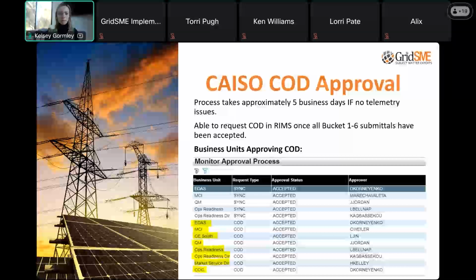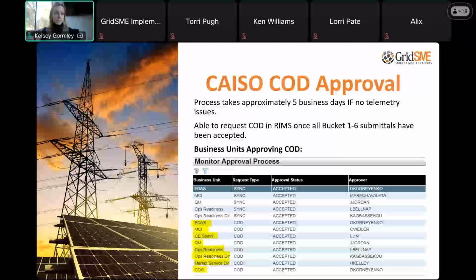So this is a really important one. I'm gonna beat this one to death for a minute. If you have pending changes, amendments to your interconnection agreement, you will not get through CAISO COD approval until those agreements are final and have been executed. So that's a really important component of all of this. All contracts, including your interconnection agreement, have to be finalized and signed off before you can achieve commercial operation with CAISO. So this has held up and will hold up resource COD approval on other projects. So it's something to keep in mind.